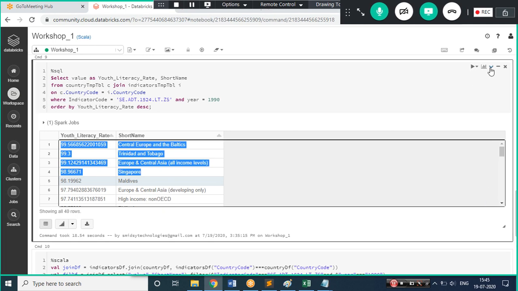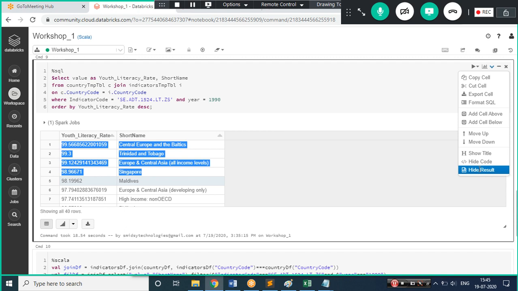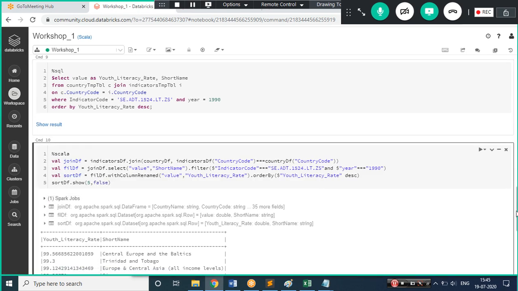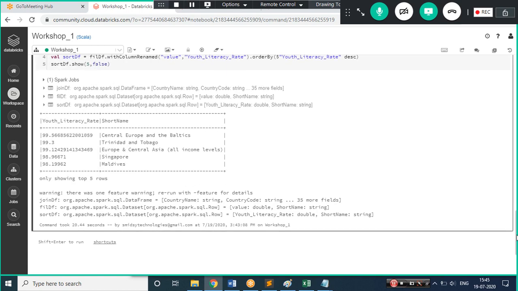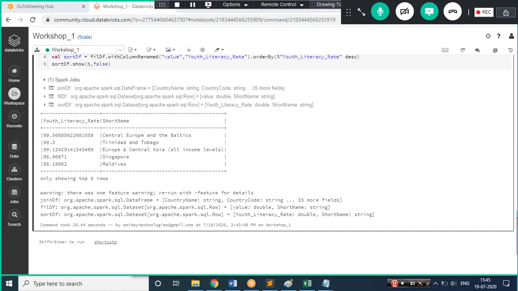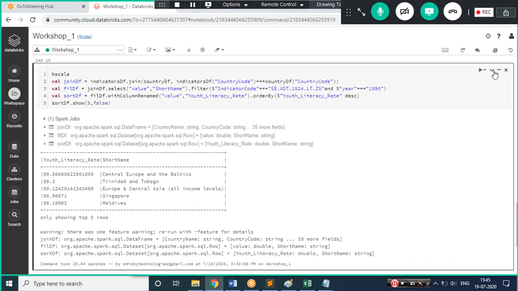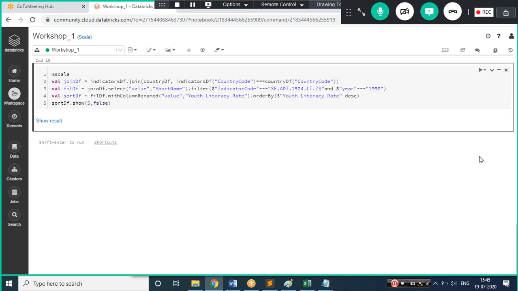Again, if you want to prepare the charts, you can prepare the charts. It's up to you how you want to play. If you want to show the results on the basis of the data chart we prepared, you can go for that as well. As of now I have just shown you once in SQL or in data frame, it will be the same.